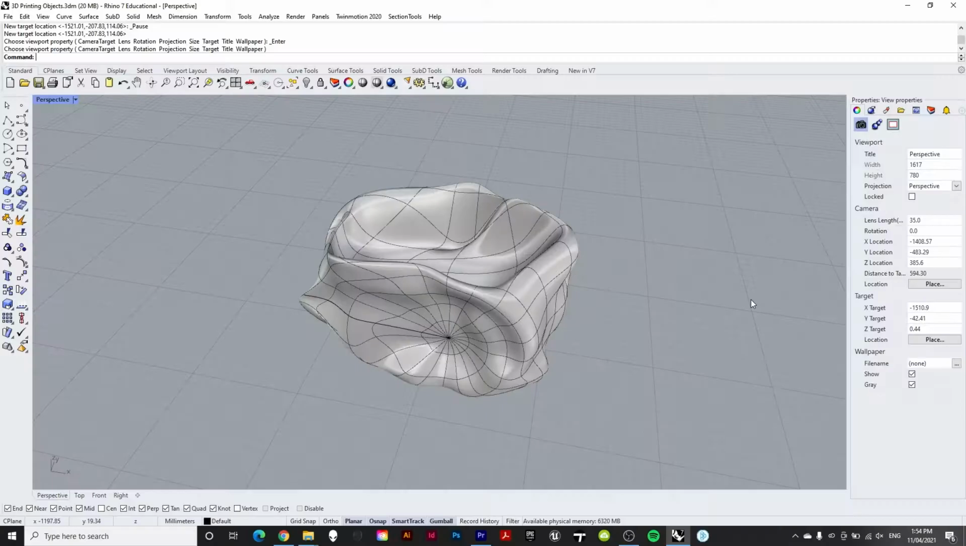Once we've got that sorted, we need to convert our Rhino model into an OBJ, an STL, and a DXF. Let's have a look at how to do that now. Okay, so we're in Rhino now, and there's a few things that we need to check over before we are